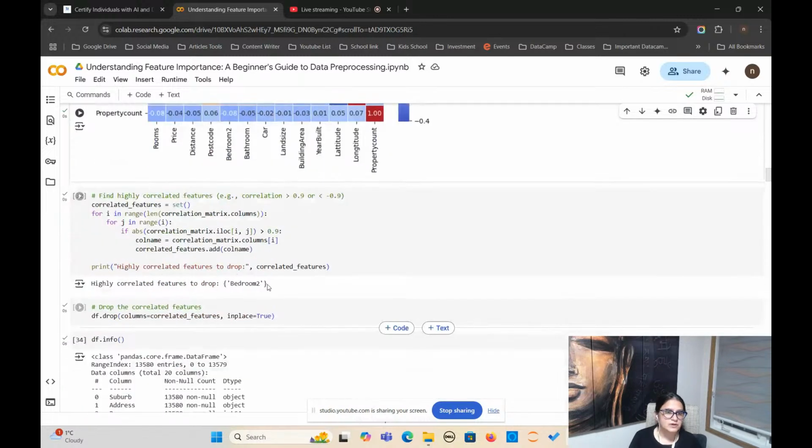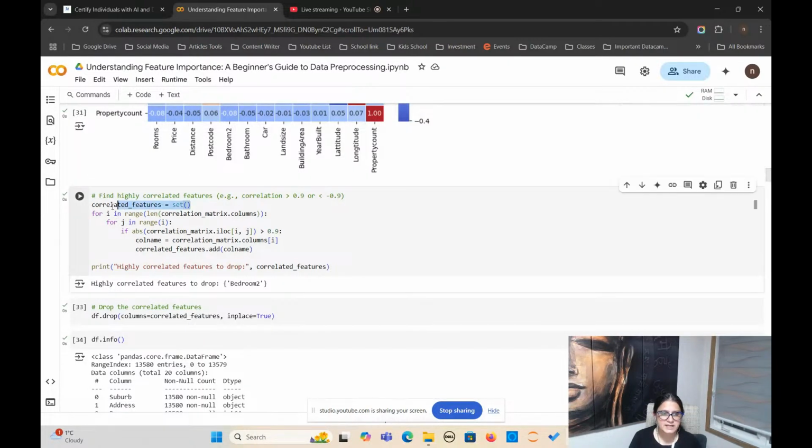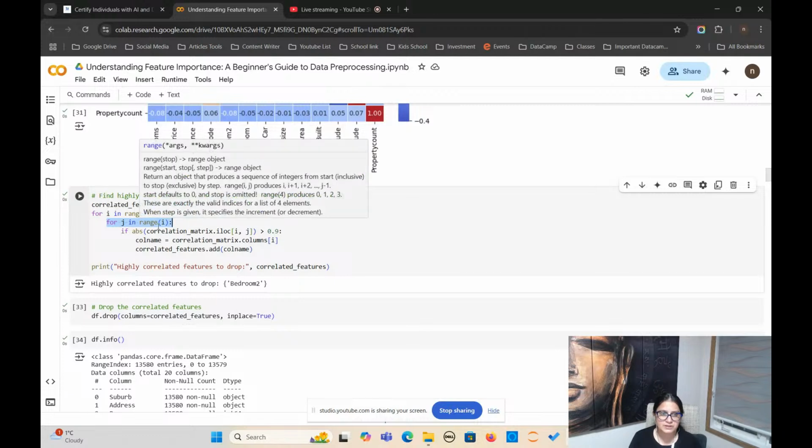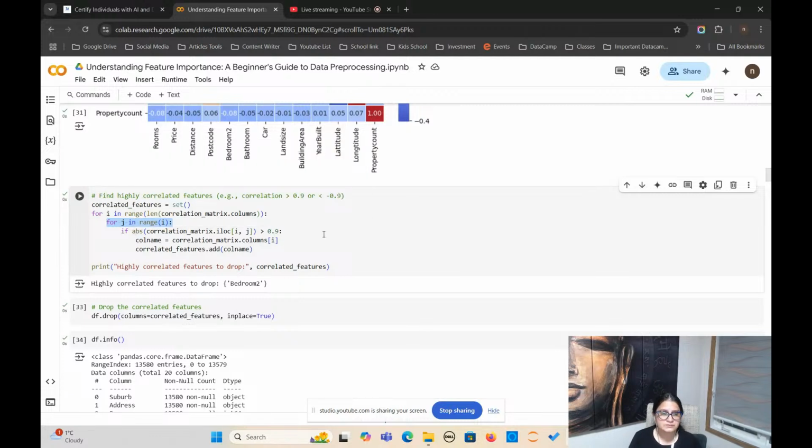Okay, so here we go. How would you do that? Find highly correlated features: greater than 90, or less than negative 90 for negative correlation. So we have declared here one set. This is the data type, and then we are running the for loop over the columns in your correlation matrix. We are using the length method and range, and then we have entered the j. This is the nested loop. For j in range, whatever column is selected, it will pick up the absolute method, and then it